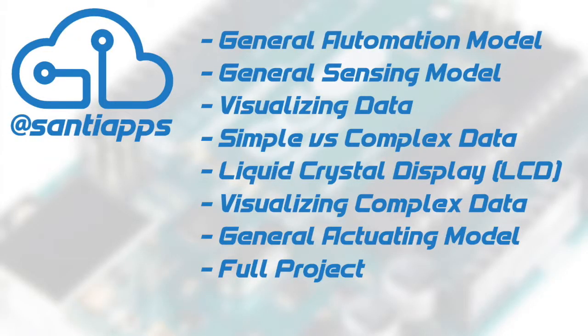So welcome back, and we're going to be looking at the actuating model. This is the second half of the general automation model. As such, we're going to be exploring the use of relays. This is basically a mechanical switch that you can control from low voltage microelectronics, and it can be used to control much higher voltage devices. So you can turn on pumps and compressors and valves and lights and motors and stuff like that through this